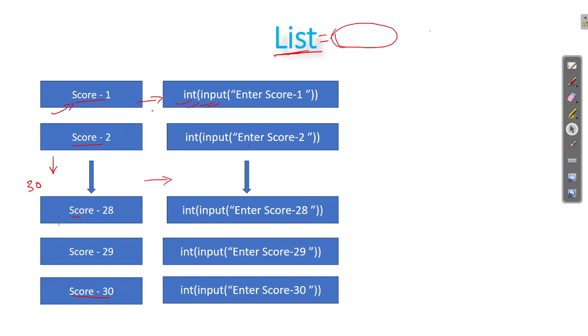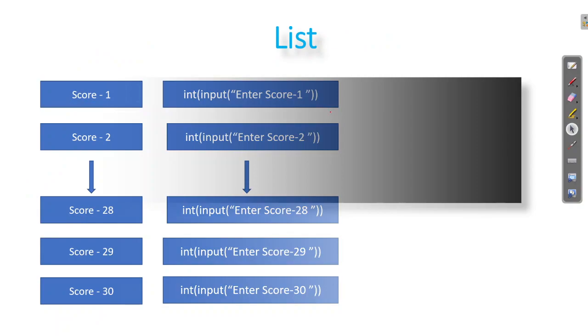But you can understand how this is getting tedious. You have to write the variable 30 times, and on top of that you have to write the input command also 30 times. What if the user comes and says no, I don't want 30, I want 50 or 100? Now it's a headache to go through this and create 70 or 80 more variable names, and for each of them you have to write the input. To tackle this type of situation, we have lists. Let's see what we can do with a list in the next slide.